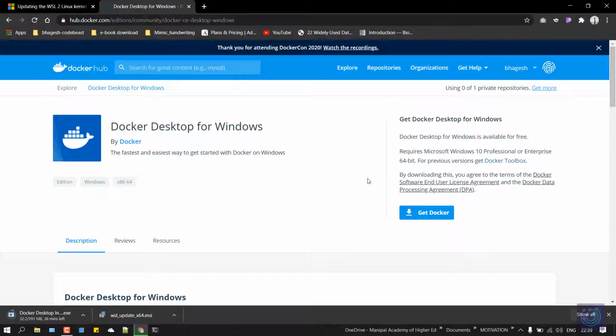What you can do, you can create a container of your current workstation, and every time you want to work on a different system, all you have to do is install Docker and pull the container, and it will install all the necessary dependencies or applications which you used to work with in your previous system into your current system.